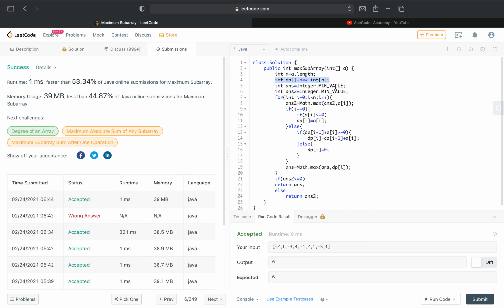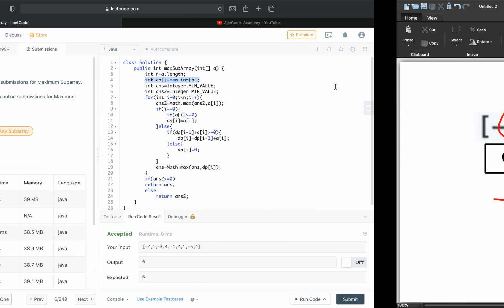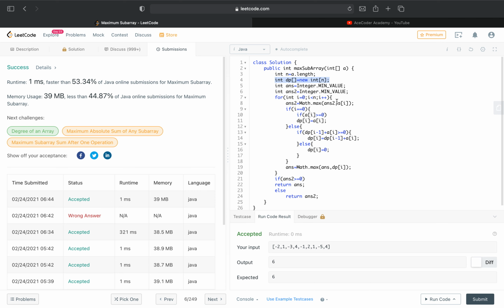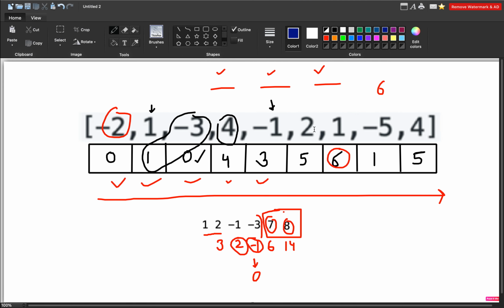So now we will be improving our answer. Kadane's algorithm is basically the same as what we did here, but it is in O of 1 space. So what can be done to reduce the space? If we observe, every time we just require dp of i minus 1, just the previous index.